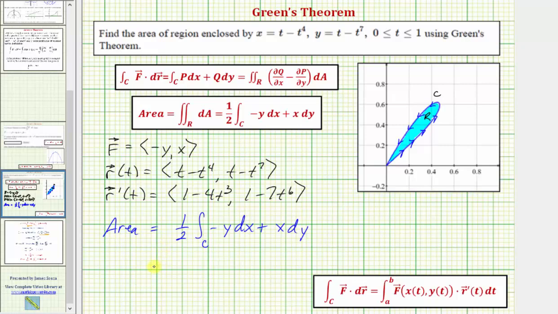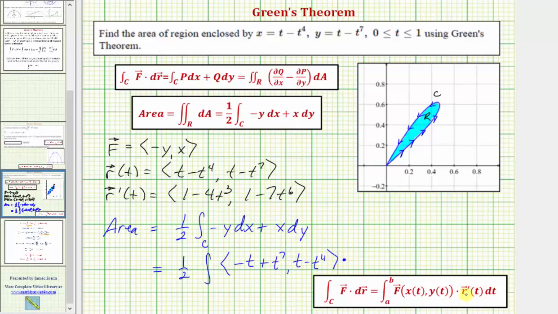So this is equal to 1/2 times the integral, and now F of x of t comma y of t would be, well, the x component of F is negative y, which is the opposite of t minus t to the seventh, so that'd be negative t plus t to the seventh. The y component is x, which is t minus t to the fourth,